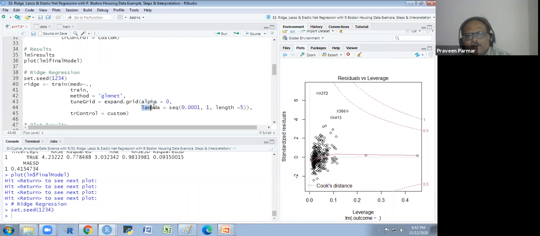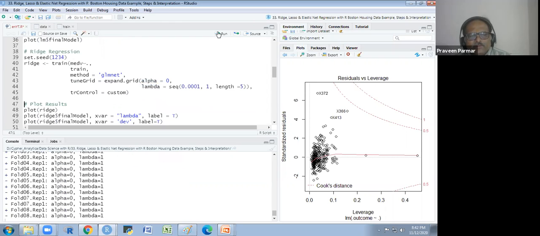Lambda, you know that we have a control parameter, the penalty. So we are getting the sequence 0.001 to 1. The length is 5, so 5 values we will get in the lambda, and we see what would be suitable. We have to select the value of lambda, and trControl is the same as I explained to you.